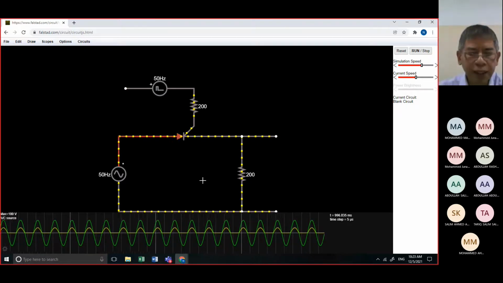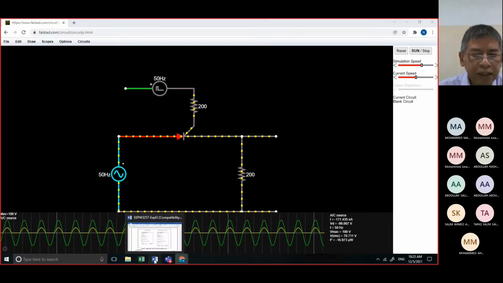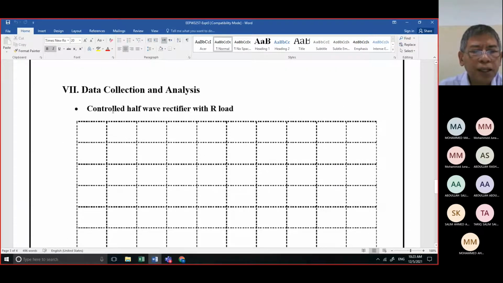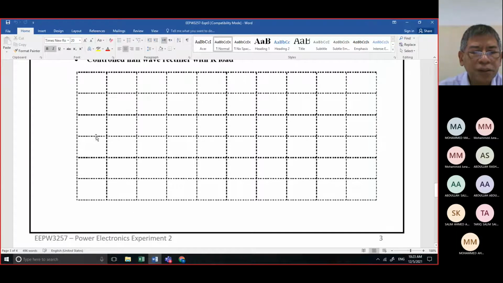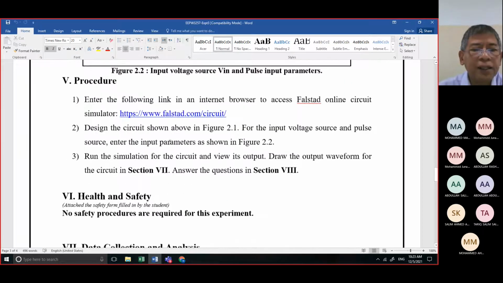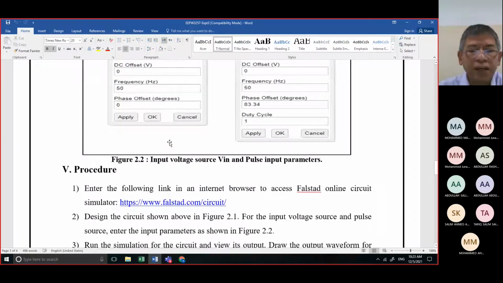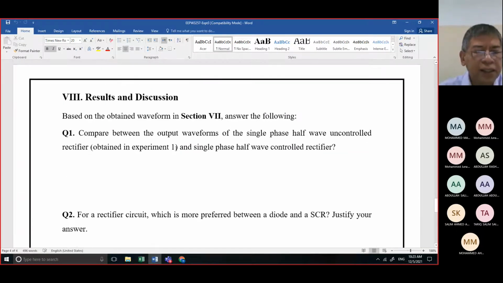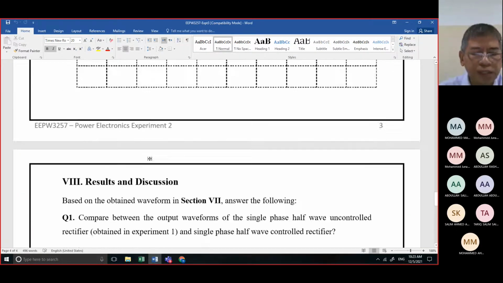Now, in your report, as your data collection, you need to draw the input waveform and the output waveform of a controlled half wave rectifier. And then in the results and discussion, you will discuss this.